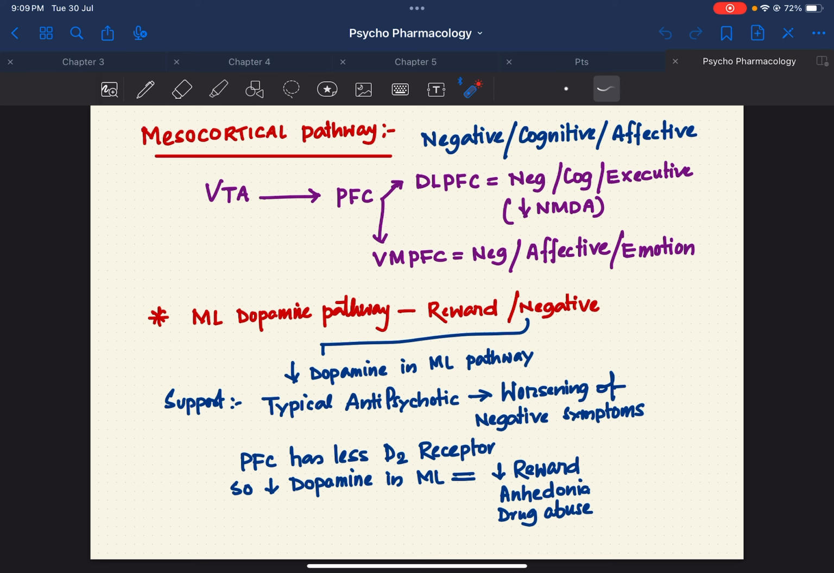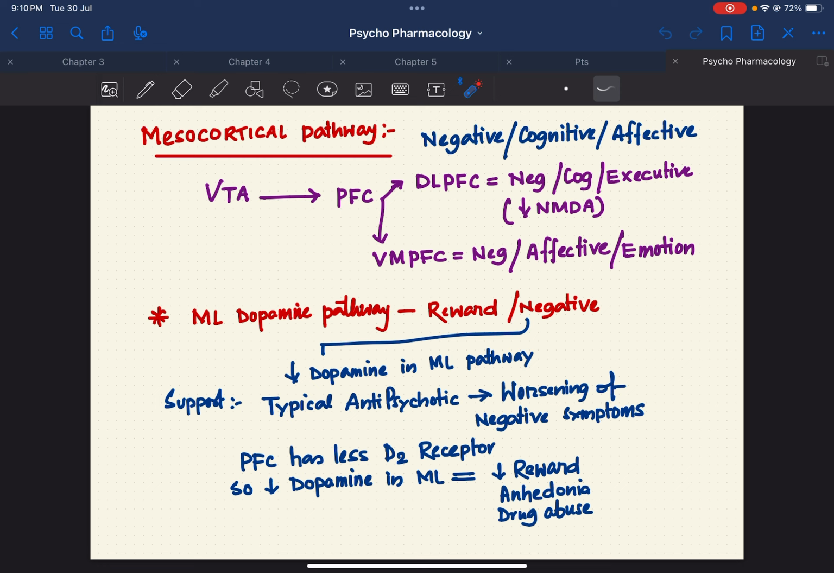The mesolimbic pathway is also important for reward, and also for some of the negative symptoms. Now, how to support this hypothesis? We have seen that if we use typical antipsychotics, which block the D2 receptor, there will be worsening of the negative symptoms. Usually negative symptoms are because of the mesocortical pathway. In the mesocortical pathway, when dopamine is reduced,